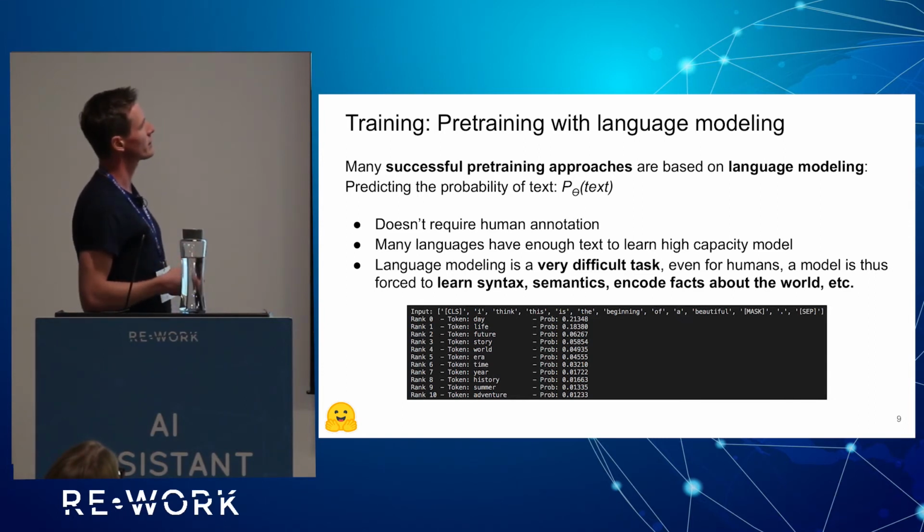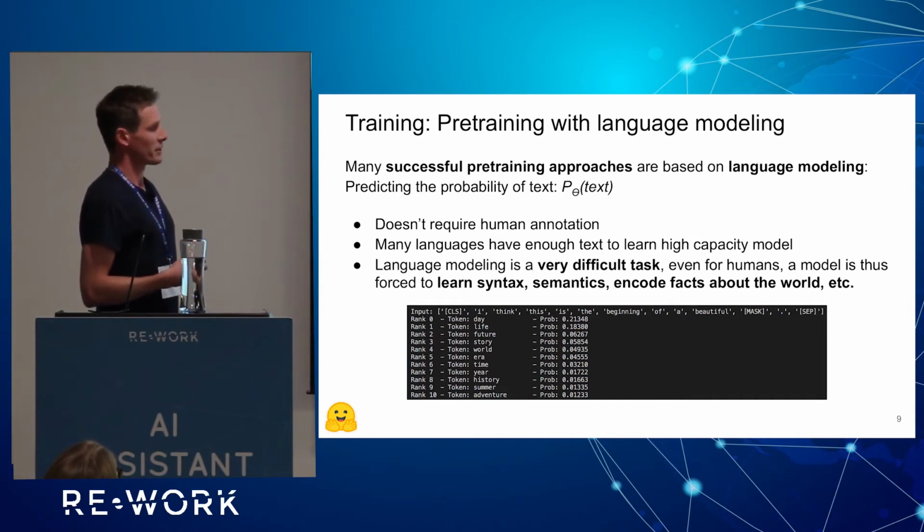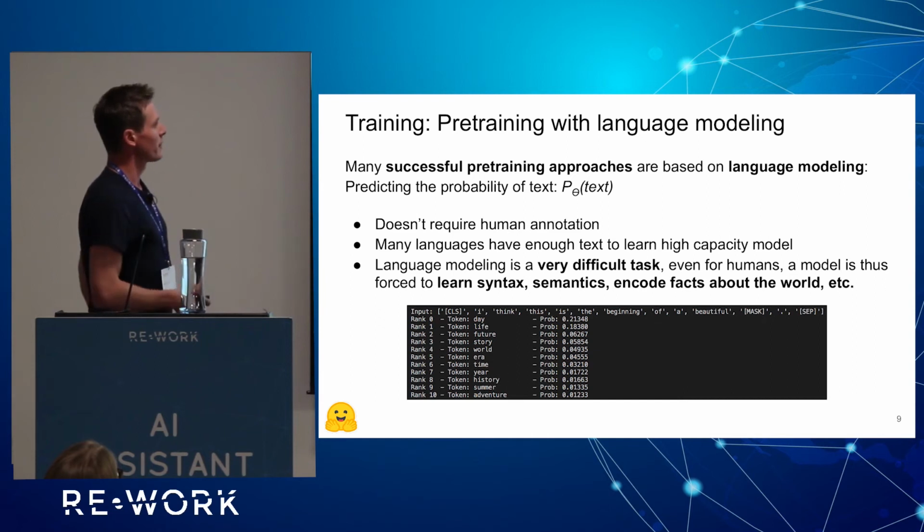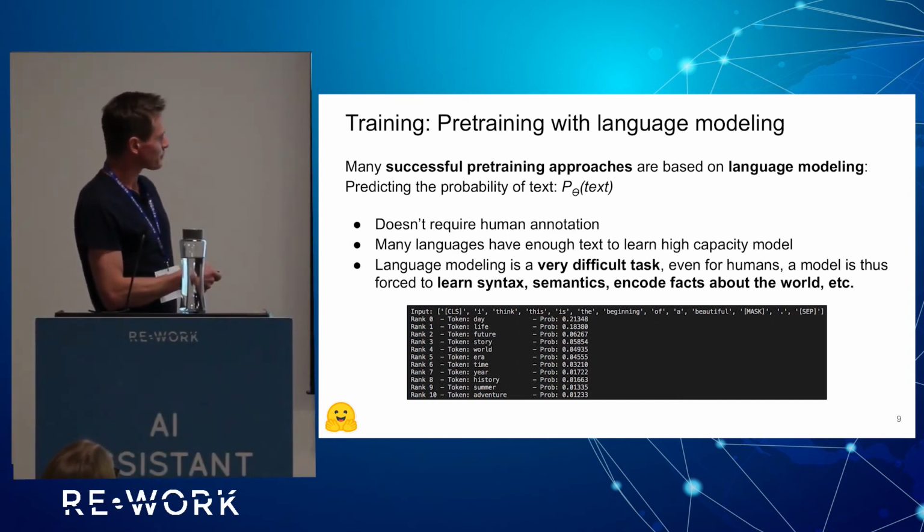Why do we use this kind of language modeling, this way of predicting words? Because it's actually a very general task. Predicting words is one task that doesn't require a human annotation, so we can just feed it every text we want. We don't need to annotate it. And it's also a very difficult task. Here is an example from BERT,